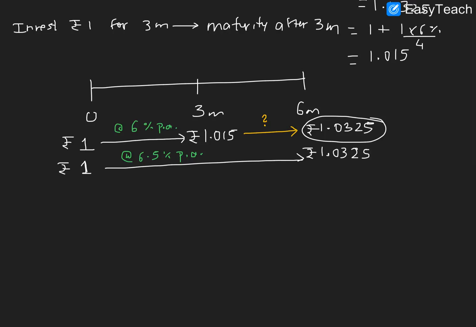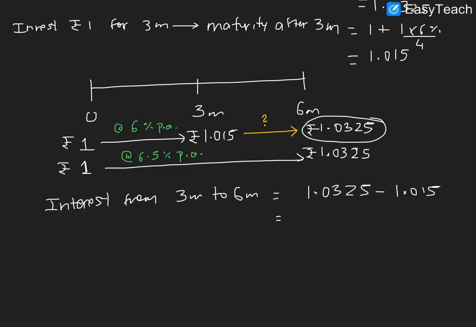And that rate is something which we have to find, at what rate is it really growing, and that rate itself is our forward rate. So if I ask you the interest from 3rd month to 6th month, we can say it is 1.0325 minus 1.015, because till 3rd month it is 1.015. If I invest it for 6 months, then I am getting this much extra. So basically the interest rate for this 3 months is actually the difference between both. So the interest that we are earning is simply